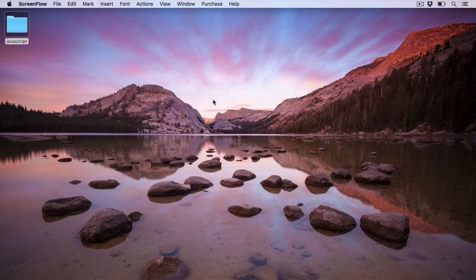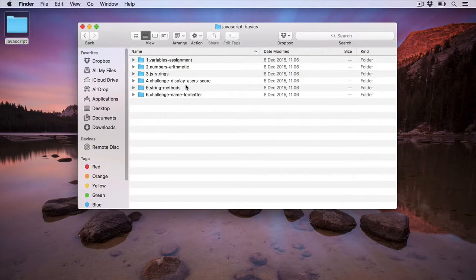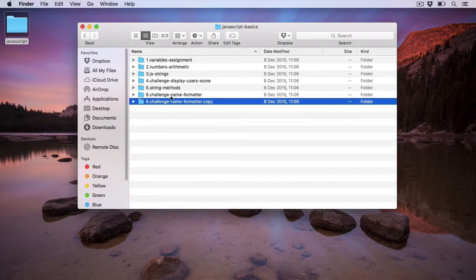So far in this course we've looked at variables and how they are used to store a value. However, if we need to store more than one value, we would need to use what is called an array. Arrays can hold multiple values under a single name, and we can access these values by their position or their index number. So let's go over to our JavaScript folder, and in the JavaScript basics section, duplicate the last folder,